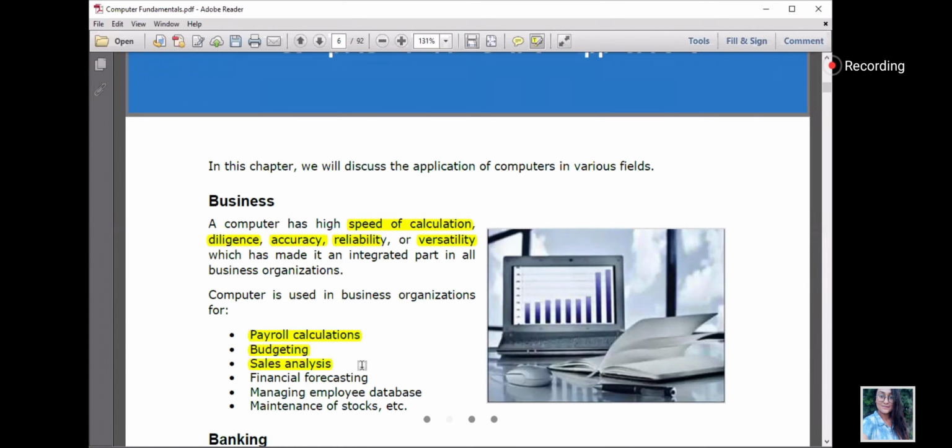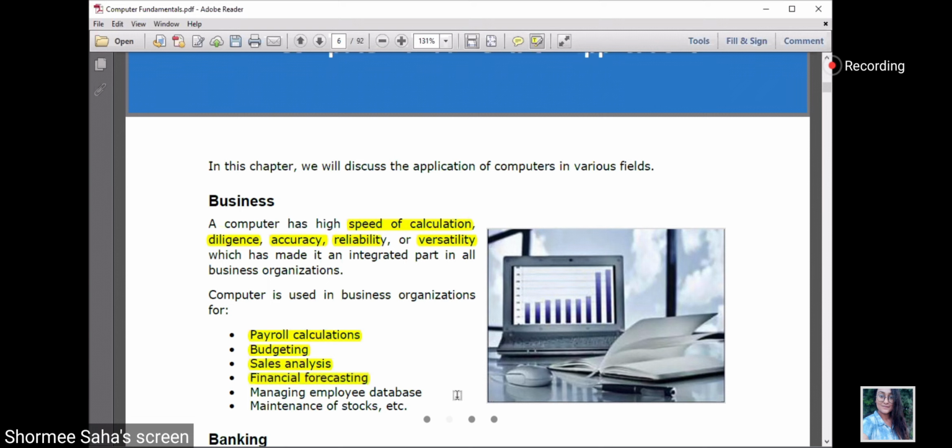And in Microsoft Excel, you can give some formulas. So for example, I have prepared a Microsoft Excel sheet of the sales of each month of 2019. Then I can compare the sales between the months, I can compare between the sales of each day, and also I can do calculations over the percentage, and I can give my own equation to solve a complex problem within the sales sheet. That's how sales analysis is done.